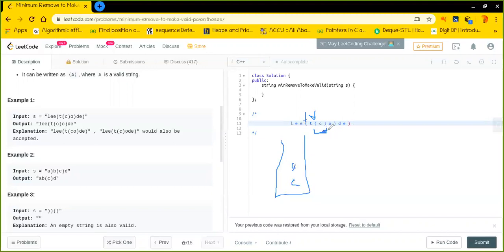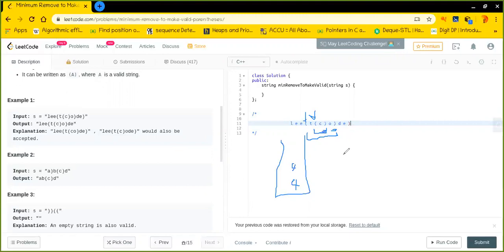So let's move on. When I again hit a closing parenthesis, and I see that in my stack the top element is an opening parenthesis for this closing parenthesis to match with, then I will again pop it to make sure that this particular parenthesis pair is valid.